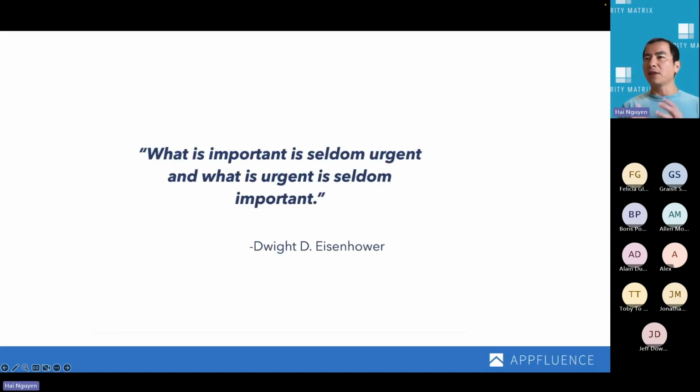So let's talk about the philosophy behind Matrix. There's a quote attributed to former President Eisenhower: "What is important is seldom urgent, and what is urgent is seldom important." What I like about this is that it's time tested in some ways, which is